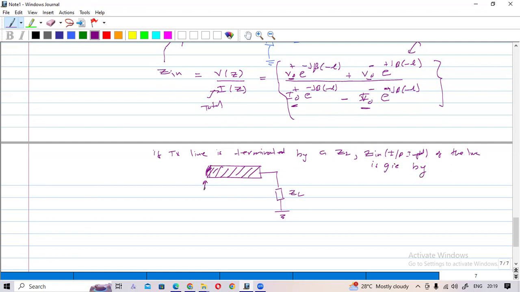So if you consider length L from this point,